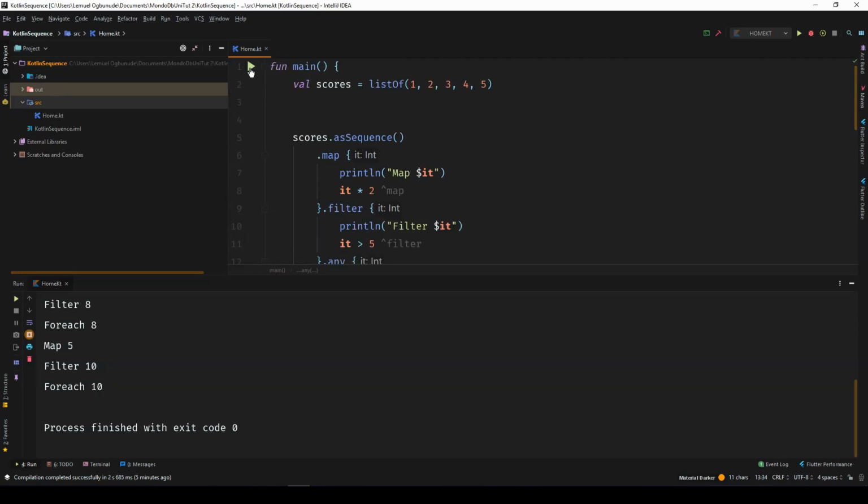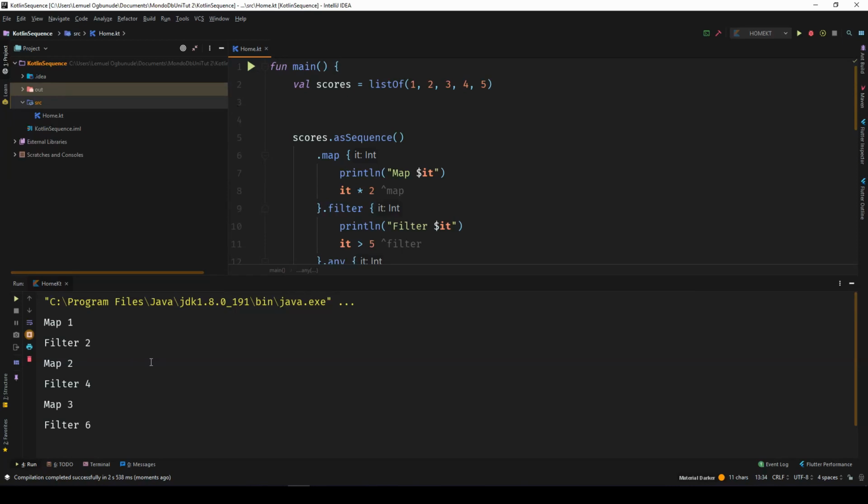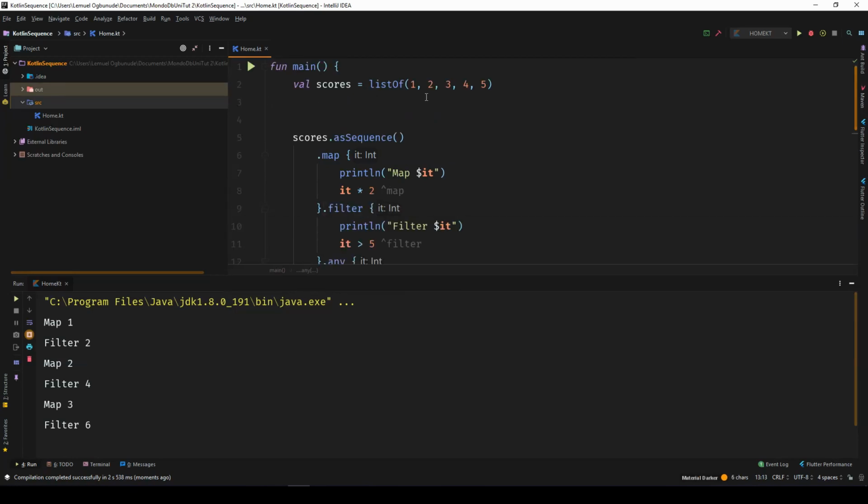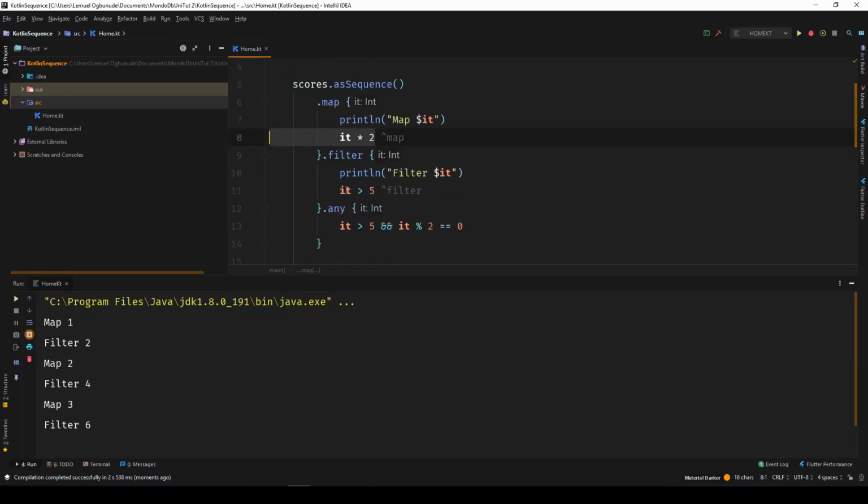Now let's run this. Can you see that the output is shorter? So let's run this mentally. So we have 1, it prints out map 1, filter 2 because we multiplied by 2. We found out that it's not greater than 5, though it's even, it's not greater than 5. So we'll go on to map 2. 2 will come over here, 2 times 2, 4, but 4 is not greater than 5, so we'll go over